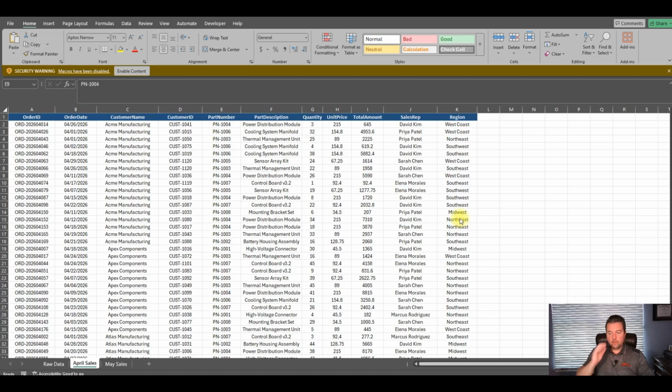Okay, so here we are back over in our spreadsheet, and we're going to set up these macros. Now what I'm going to want to do here is use the same macro, but I'm actually going to copy it over a couple of times. That's because I'm going to want to run it on the April sales, the May sales, and then I'm going to create another sheet that has a combined total of everything.